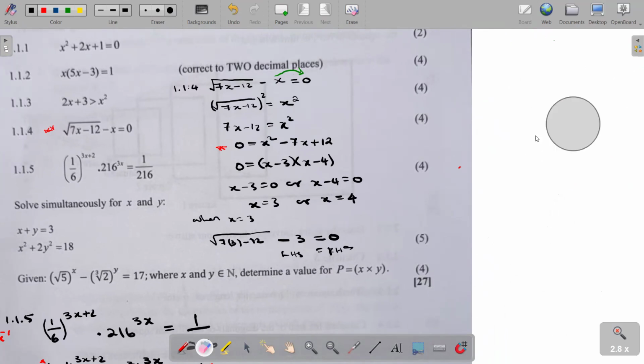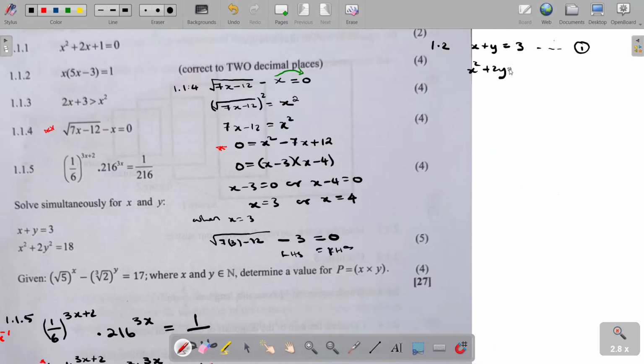Then we go to 1.2. We are given x plus y equal to 3. This becomes our equation 1. We are also given that x squared plus